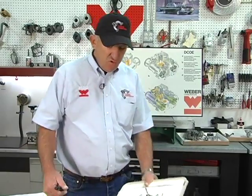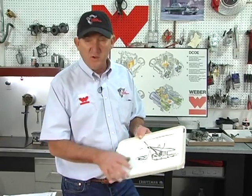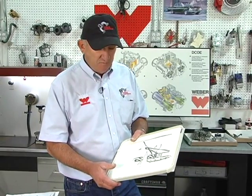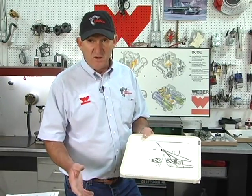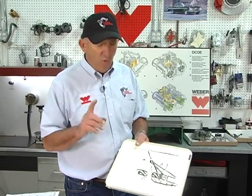In your initial tuning, just for the sake of conversation, you went to the wrecking yard and bought a carburetor, or you bought a new carburetor, and there's no jets in it at all. You have to find the mixture screw setting that gets your mixture in the operating window. You're done. Your idle circuit and progression circuit are done. The one thing that becomes an issue